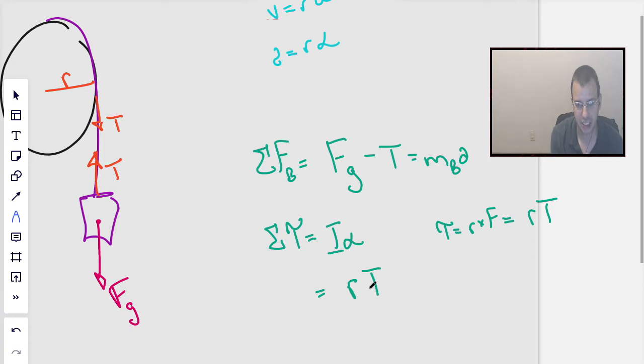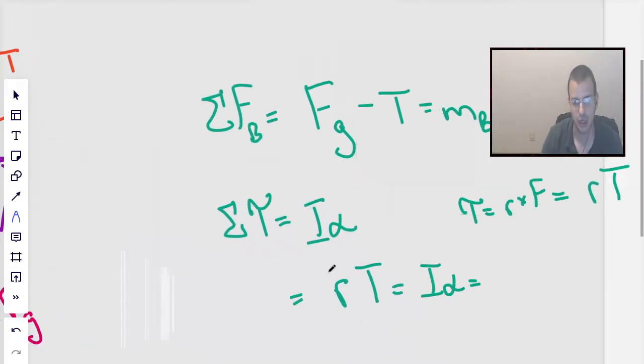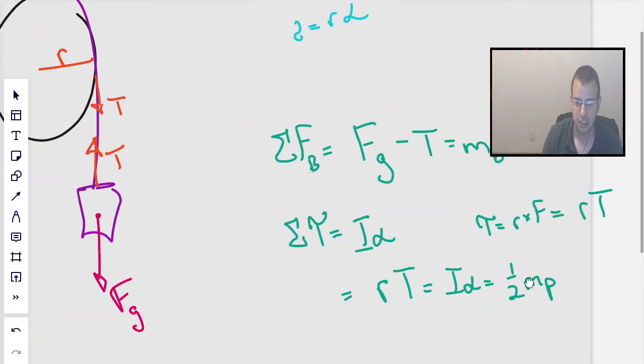r times tension. So torque, r cross F, in this case r tension, and there's no sine or anything like that because they're perpendicular. So you could say the sine of 90 degrees, which is 1. R times tension is going to equal moment of inertia times alpha. Moment of inertia we know of a disk, which is what this pulley is, 1/2 mr squared. So I'm going to do 1/2, I'm going to call this the mass of the pulley, times r squared